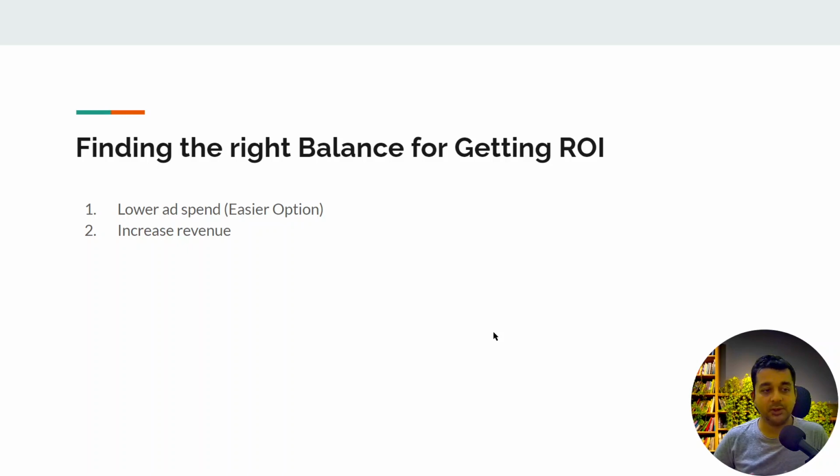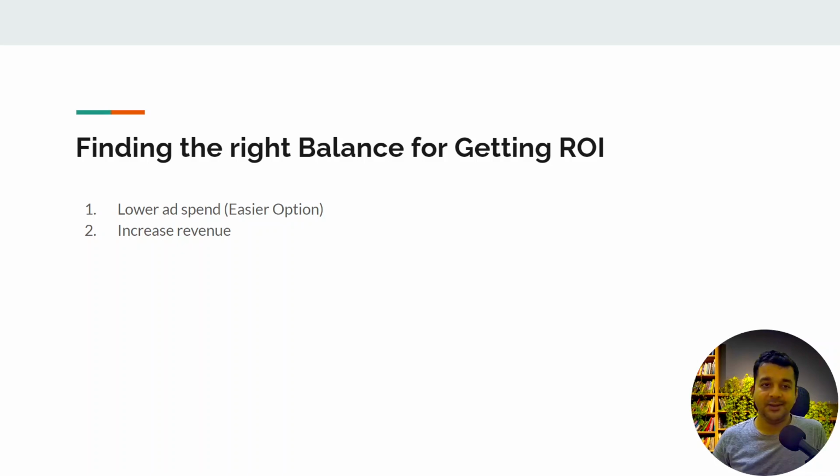Either you increase the revenue, which can be done in a number of ways, like selling multiple products and cross-selling products. A lot of things you can do to increase revenue. The second option is to reduce your ad spend. Both of these things will help you get a better return on investment.